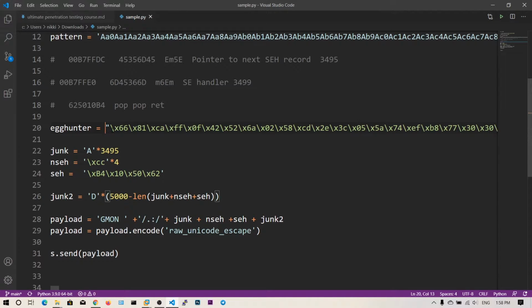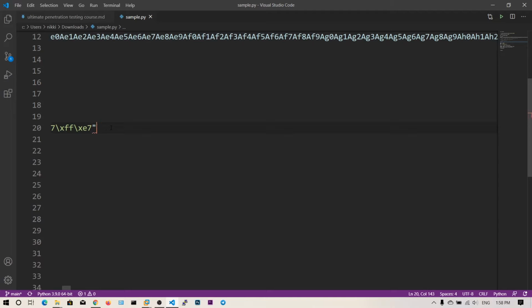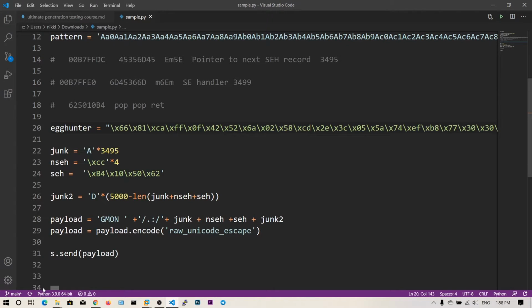You can also remove this one. So the egg hunter is ready, and we need to send the shellcode instead of this junk As.